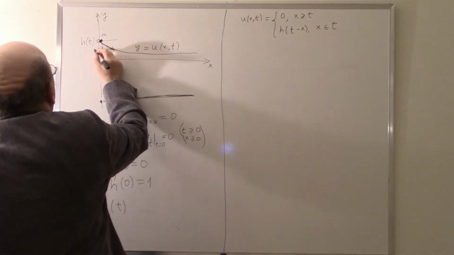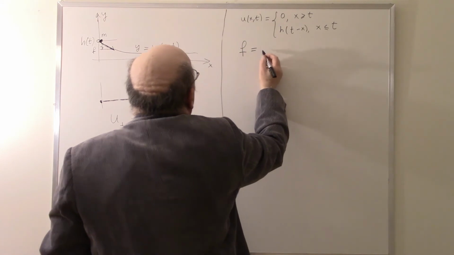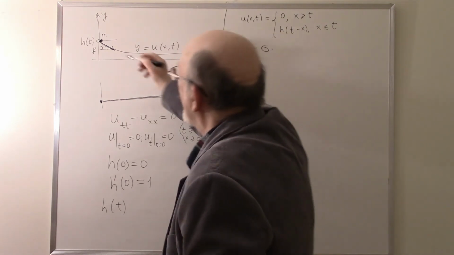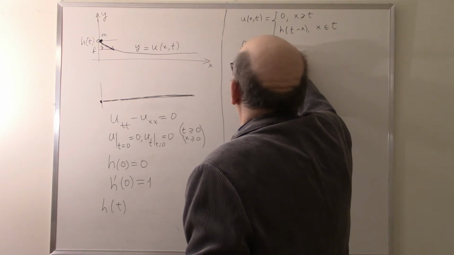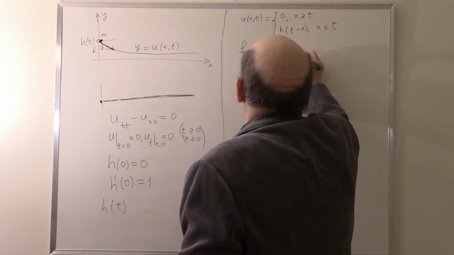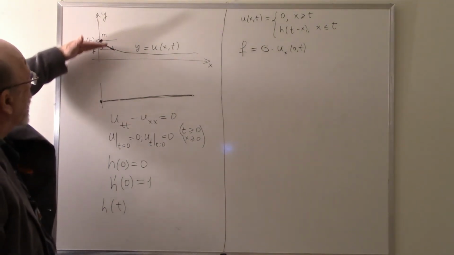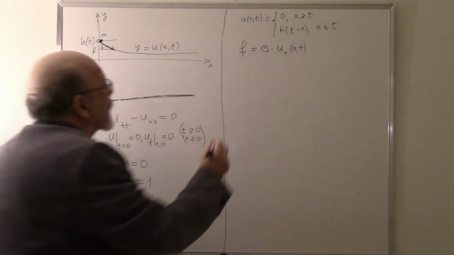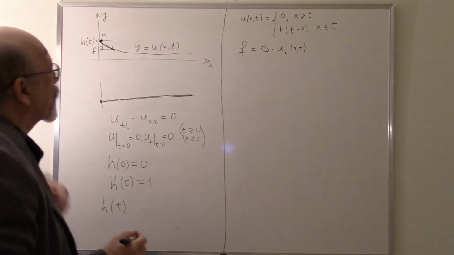This force F equals some constant, sigma, times this vertical component, ux of 0t. Yes? So if the derivative is negative, it pulls down. If positive, it pulls up. Yes? So, but if it slides without friction, this means that